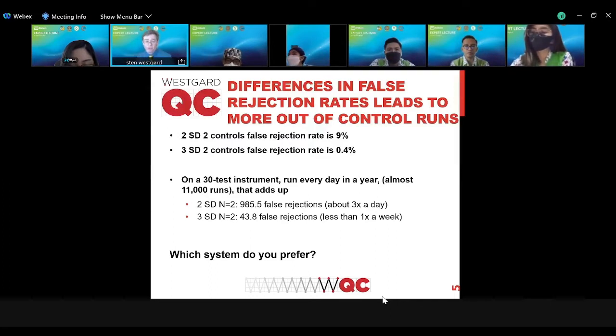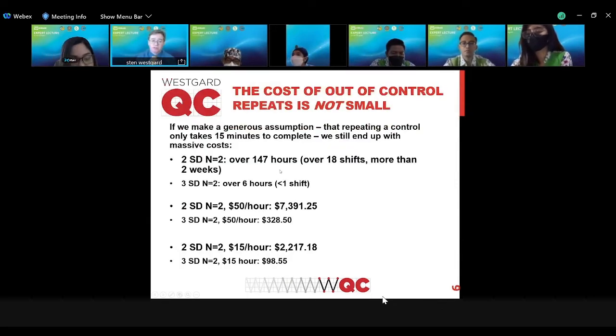If you had a choice, what would you choose? I would like to be out of control multiple times a day, or I'd like to be out of control maybe once a week. And that cost is not small. So, if we assume that it's just a few minutes to take care of a repeat, under 2 SD, that's going to be 147 hours of time spent repeating controls. That's 18 shifts of 8 hours. That's like more than 2 weeks of one person's staff time spent doing nothing but repeating the control. And that could be over $7,000 if we're in the US,